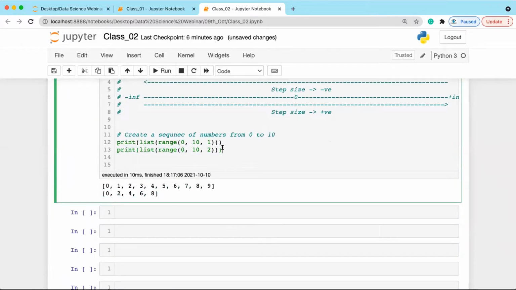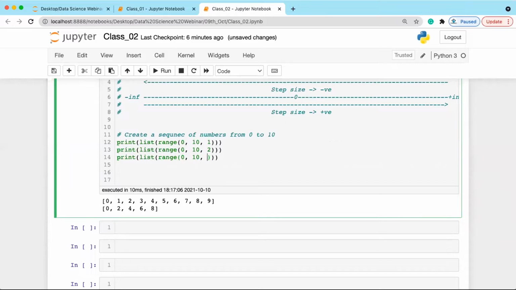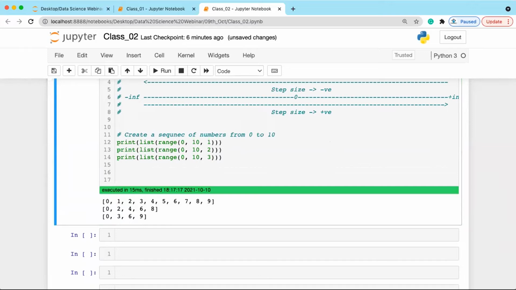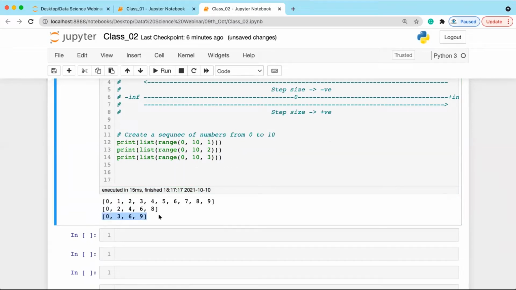Let's say if you write plus 3, then it will generate a sequence of numbers where each value will be spaced 3 apart. So it will have 3 equally spaced values: 0 to 3, 3 to 6, 6 to 9, right? So this is the step size. Now let's say you are going to